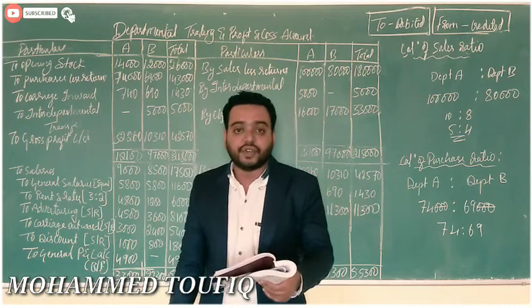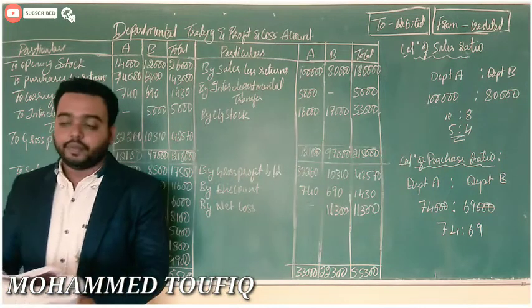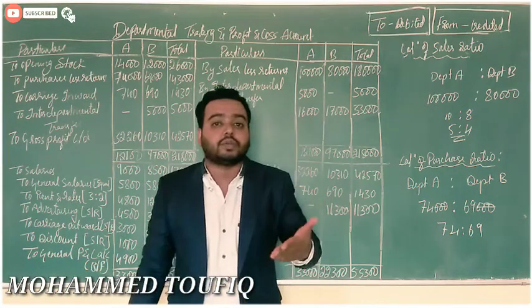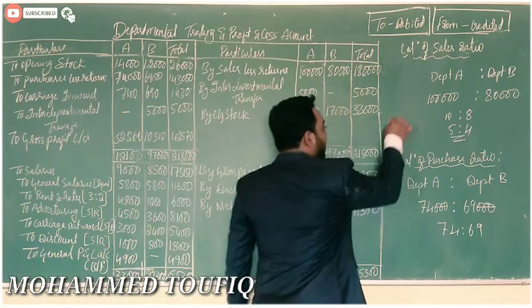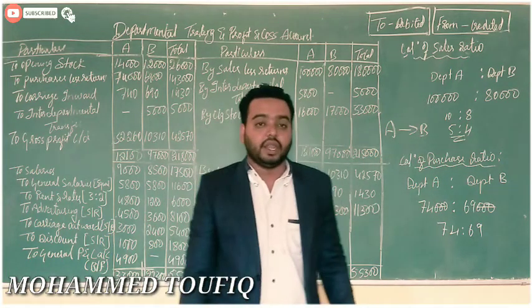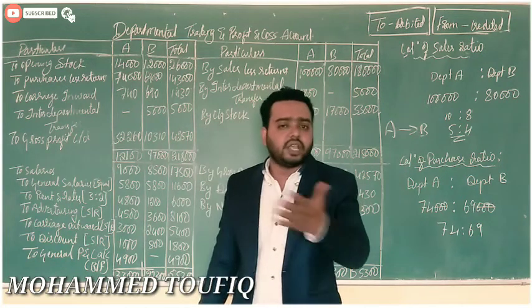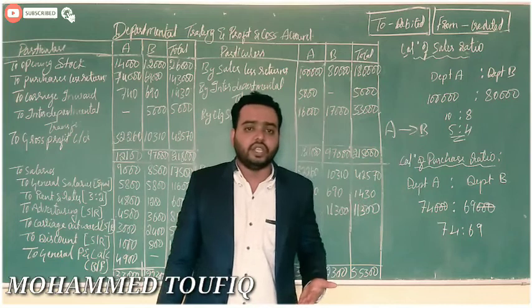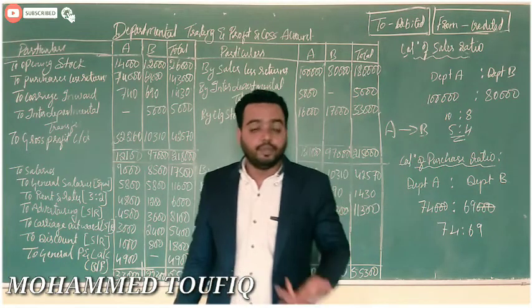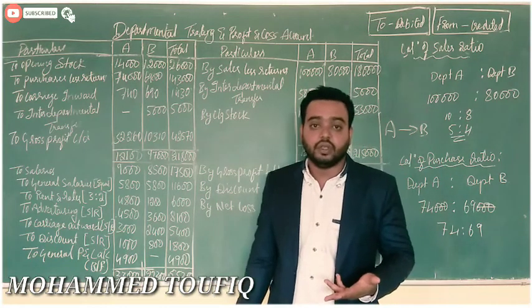Goods transferred from department A to department B were not recorded. So department A is transferring to department B. As it is interdepartmental transfer, goods is nothing but a real account. Debit what comes in, credit what goes out. On the basis of that, you can post this interdepartmental transfer.